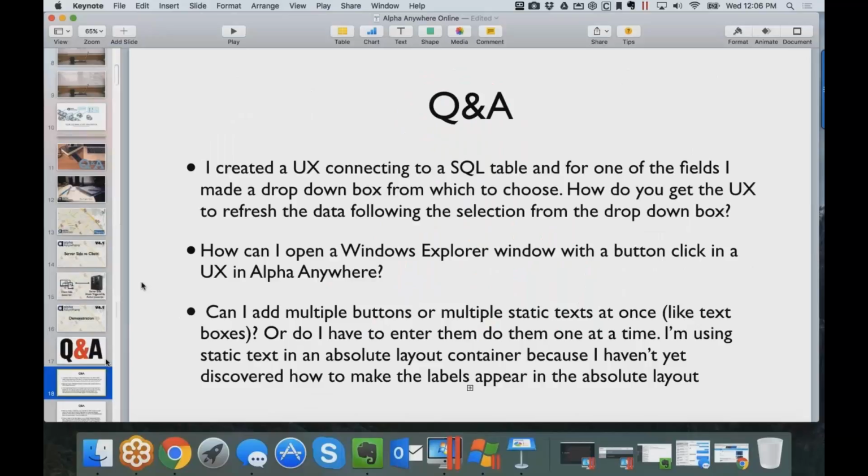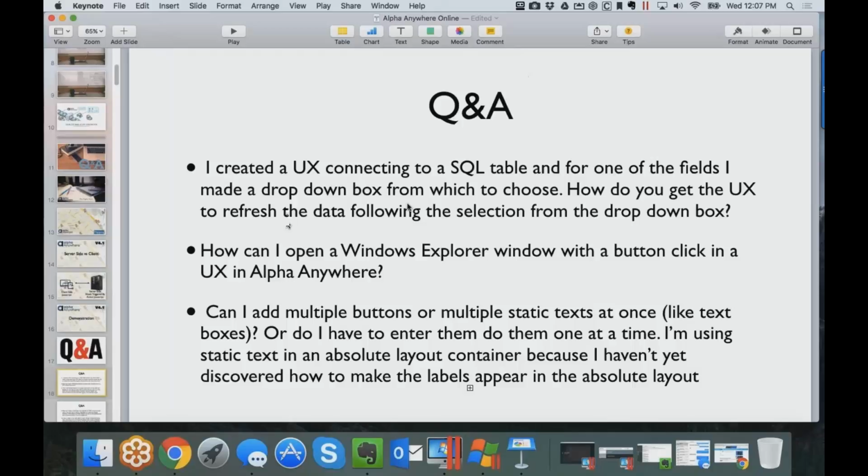I've got a number that I've written down here, plus there was one other that came in that I'm going to talk about. But these are the kind of questions that are coming in, and we're very, very happy to answer them. I'm going to take each one of these. The benefit of this, too, is to show a specific functional capability. I'm sorry, there's a lot of text on here, so bear with me as I go through this.